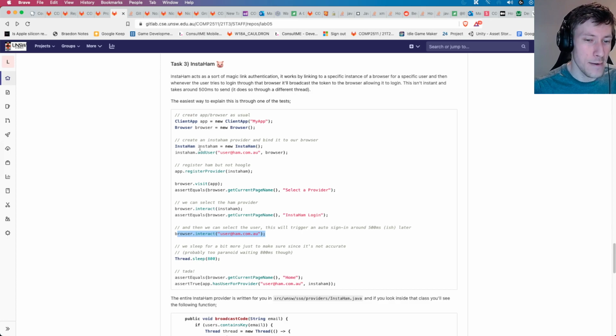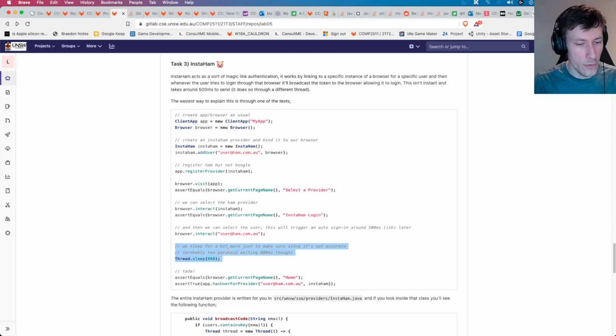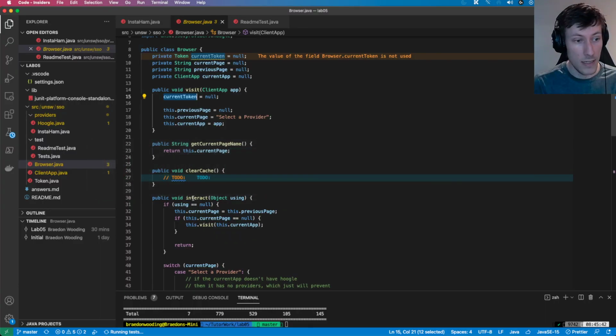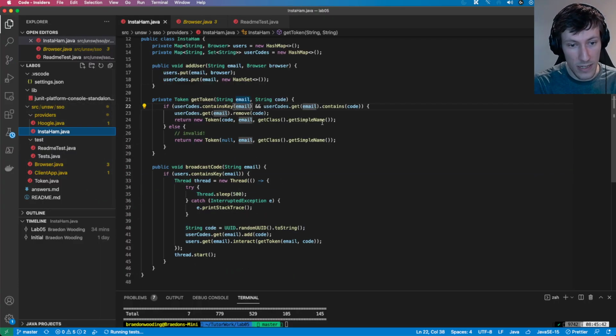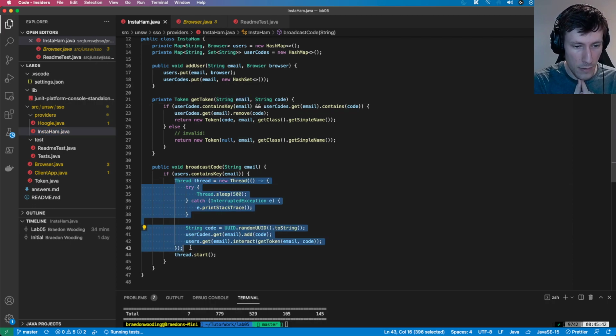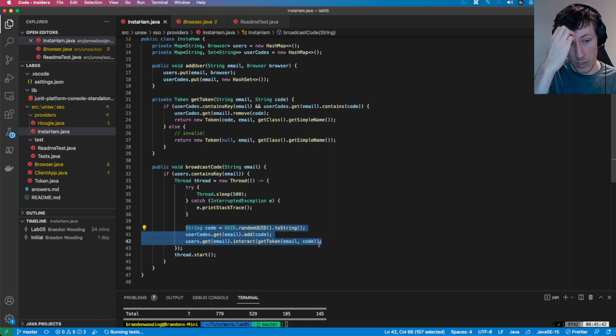And so basically how it works is you bind the browser to the user here. And you say, okay, these two are connected. And then when you sleep here for a little bit more than 500 milliseconds, just I'm being paranoid, I guess, more than anything, you'll notice that eventually you log into home. And if you look at the code, you can kind of see how this event is done, and you can see the thread sleep 500 milliseconds inside of a thread counter that then goes off and triggers some kind of